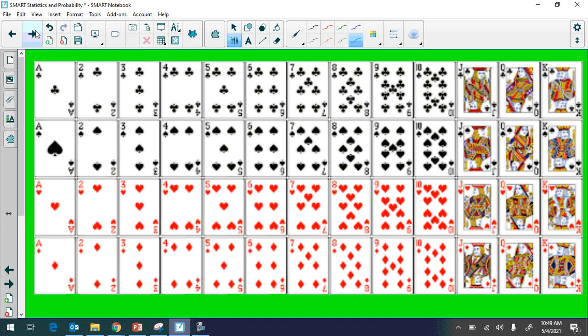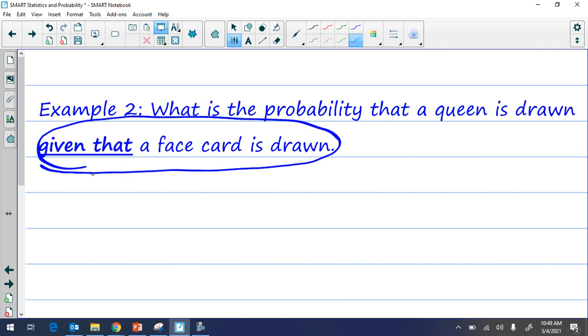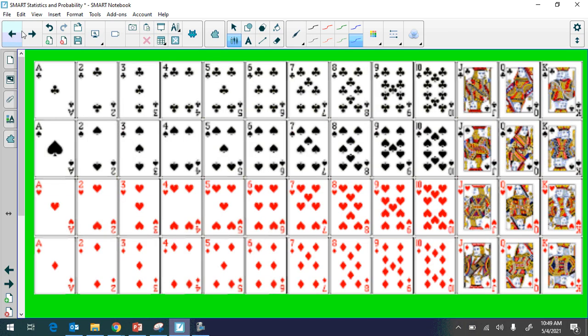Let's take a look at a slightly different one. So example 2, what is the probability that a queen is drawn given that a face card is drawn? So what I'm saying in this part of the problem is that it was definitely a face card. So I am restricting my sample space here. So it says given that